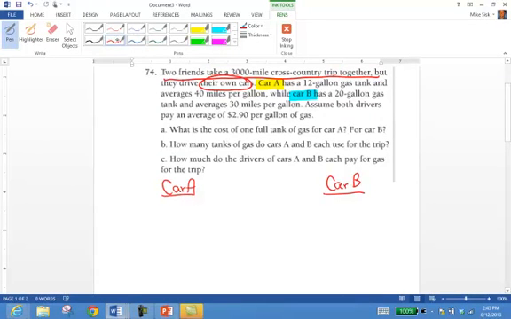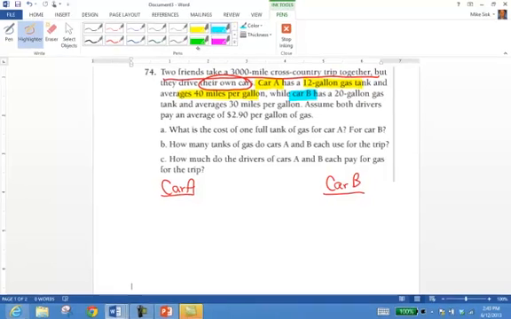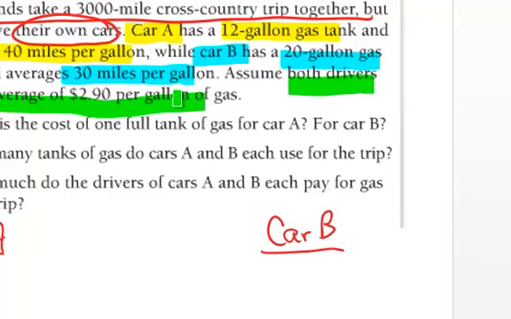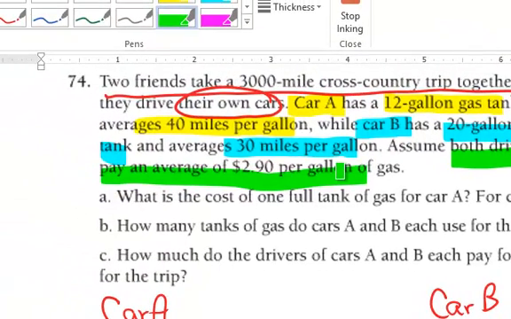Alright, we know car A has a 12-gallon gas tank, 40 miles per gallon. Car B has a 20-gallon gas tank, 30 miles per gallon. Both drivers pay $2.90 for gas. So we want to know, first of all, in part A,